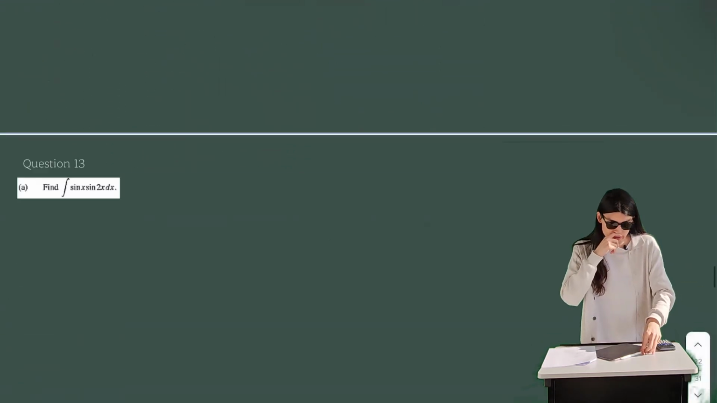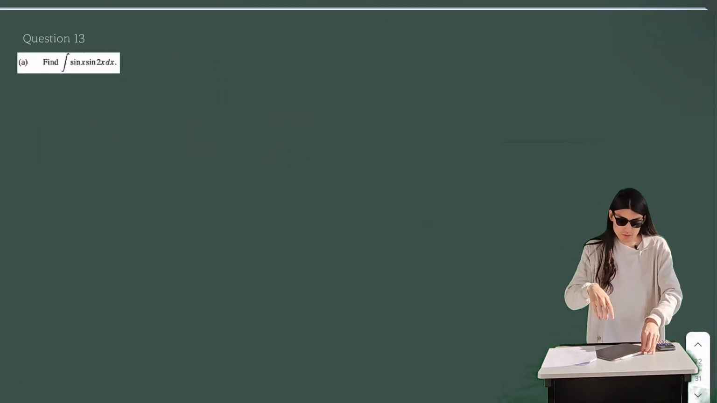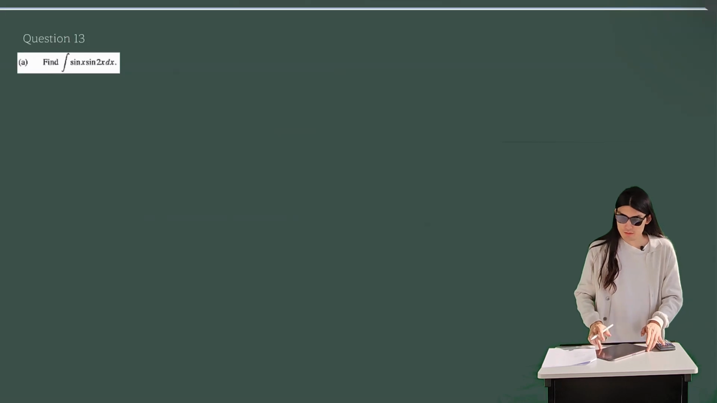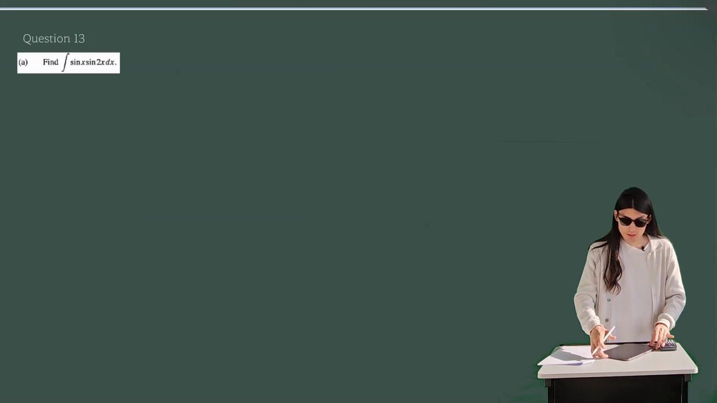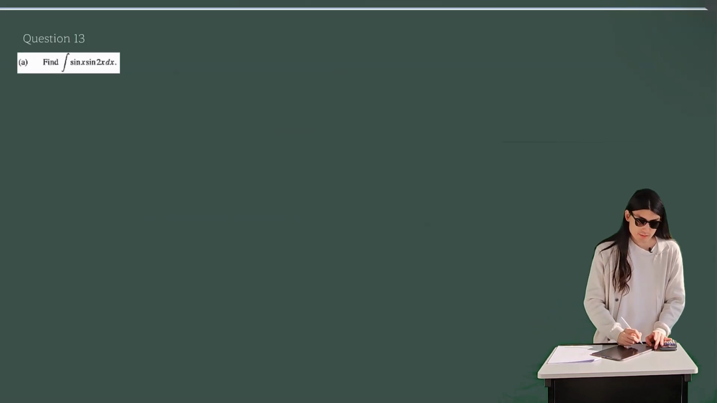All right, to question 13 we go. Another simple indefinite integral to solve or to find. Here we have sine x, sine 2x. Okay, so